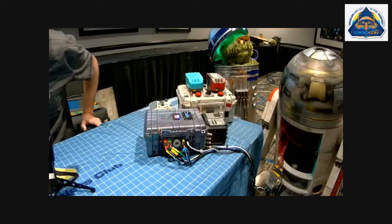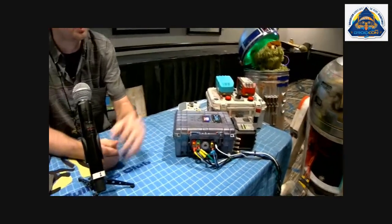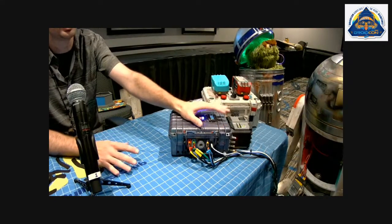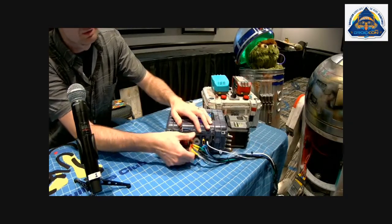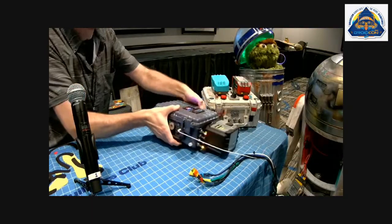But what I wanted to talk about is breaking this down into more modular components. So this all-in-one has been really nice to just kind of move around, troubleshoot. Actually, one other thing that's really cool is, if I unplug it, and if you can see the